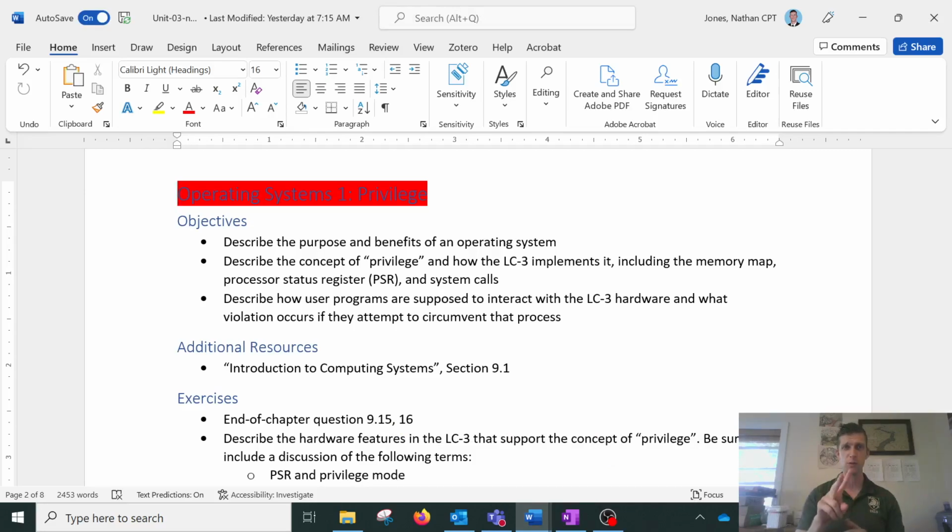This will be the first of two lessons on an operating system, kind of what that is a little bit, and how certain parts of the LC3 architecture support an operating system. So our goals for today are going to be to describe the purpose and benefits of an operating system, why that's useful to us, and describe what it means for something to have privilege, and also how the LC3 implements that. And so along the way, we're going to discuss things like the memory map, the processor status register, and